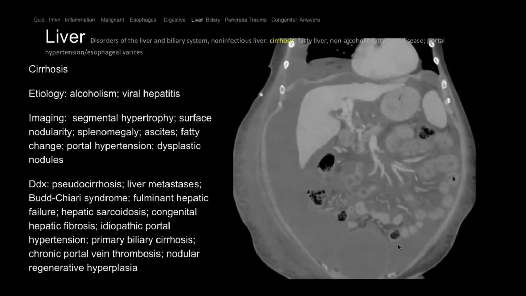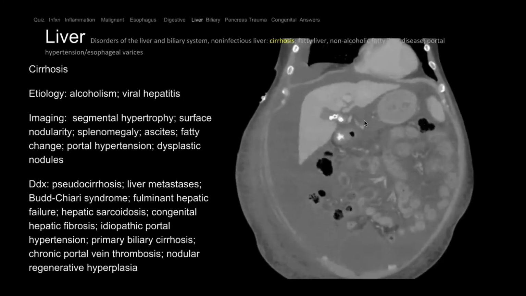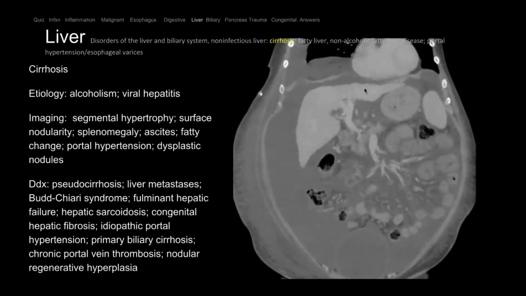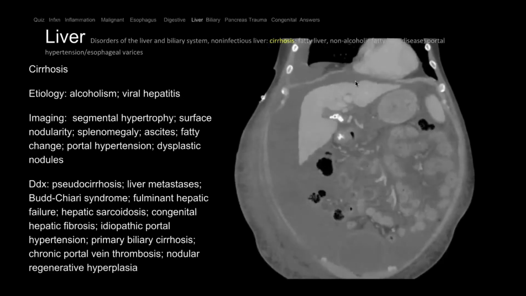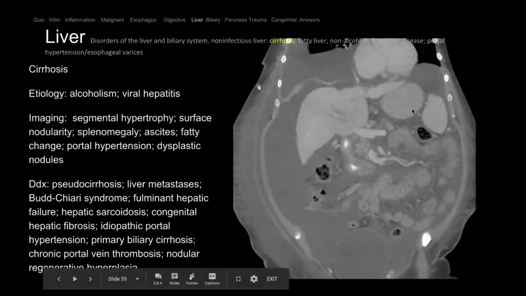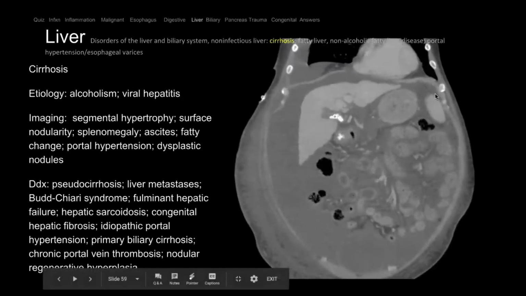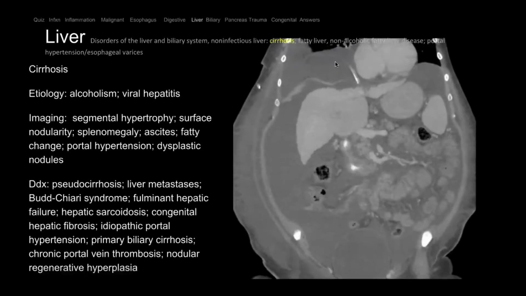All right, moving on to liver. So here we have a patient who has a very small liver, and it's nodular. There are also gallstones here, but you see large volume ascites. The patient also has, it's hard to see, splenomegaly. There's hydrothorax. So there's fluid in the